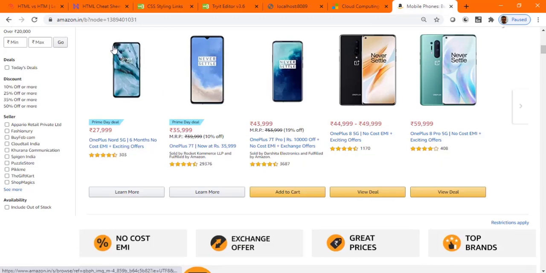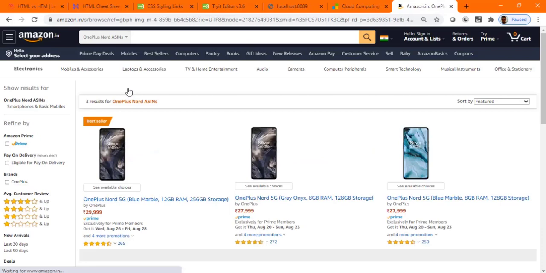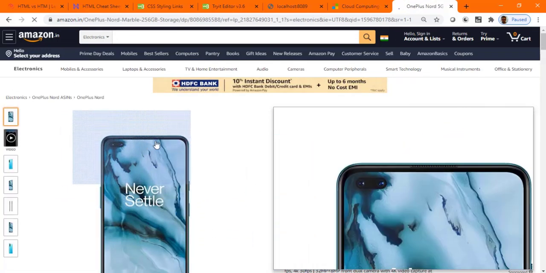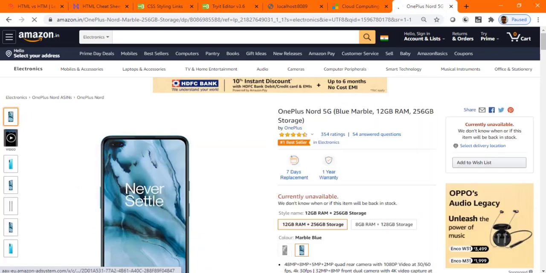So my catalog.html file will show my mobile phones with simple information for each. But when I click on a particular mobile phone, for example this OnePlus 5G, I want to go to that particular mobile phone. This will be my catalog.html file, and this will be my detail.html file, and the detail.html file will show the image of that particular flower or product, and on this side it will show me some description about that product.